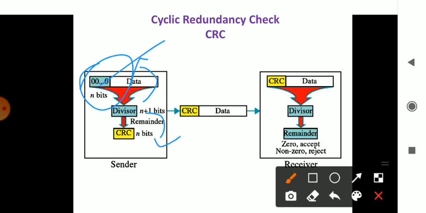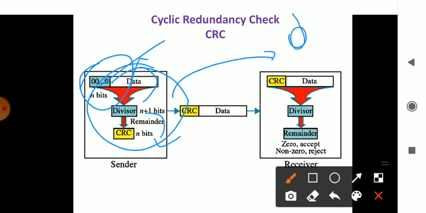Okay, so that happens in the cyclic redundancy check, not in only one phase, but till the end phase, till it reaches the destination. Till the destination, whatever it reaches, it will be divided by that particular number. That is called the cyclic redundancy check. The same procedure happens at the destination also. It gets the frame bits, then divides by the predefined number, and gets the result. If it is 0, then no problem, it will accept it.